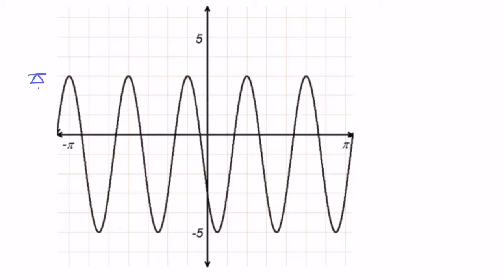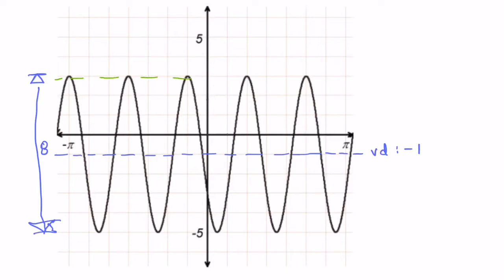This one, the vertical displacement doesn't seem obvious, so I'm going to count bottom to the top as 8 squares, so I know that the vertical displacement is either 4 from the bottom or 4 from the top. So there's the vertical displacement at -1. There's the amplitude, which is 4 from the middle to the top or 4 from the middle to the bottom,